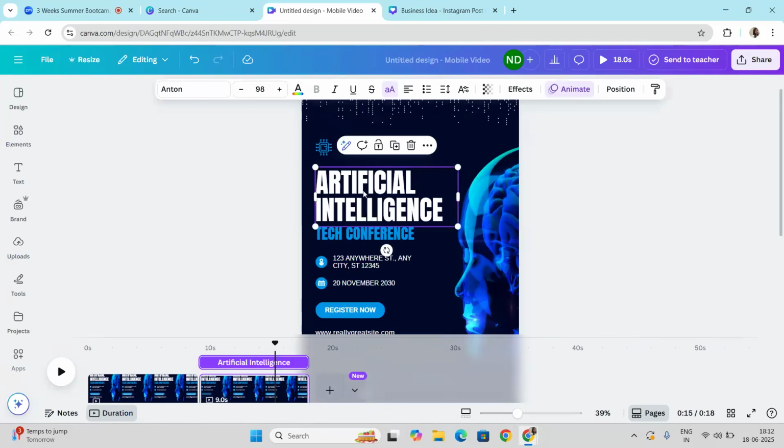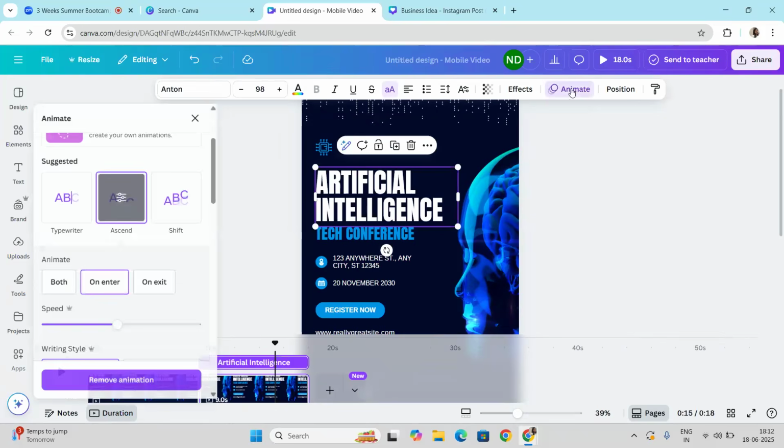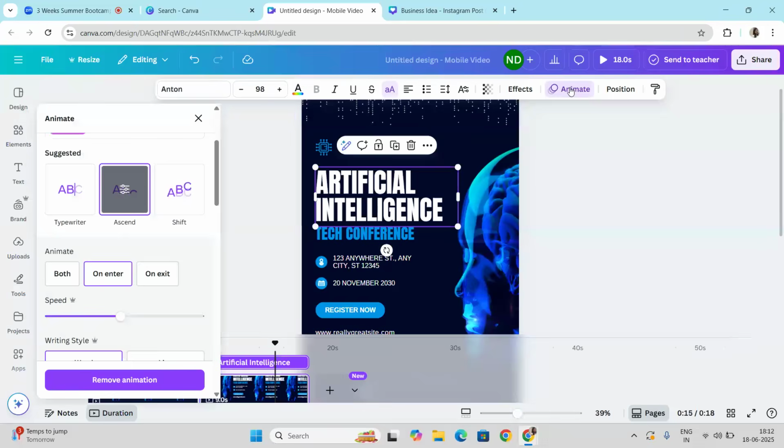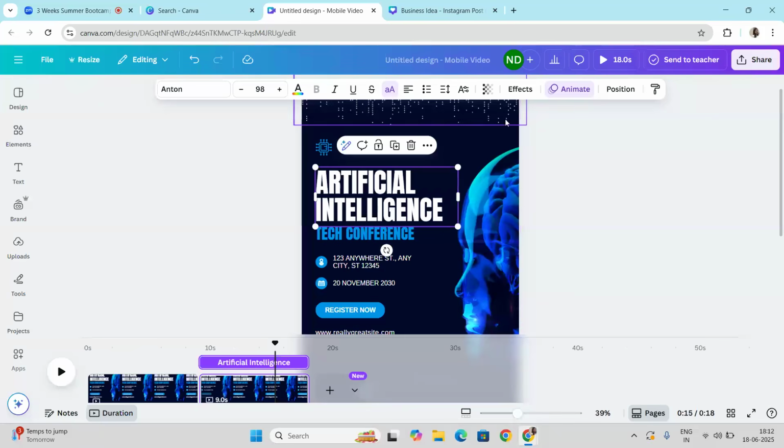If I'm clicking on it, the main new thing that I've already told you about is the animation. If you want to convert your poster into a video, you need to click on this animate button. Once you click on the animate button, just wait.